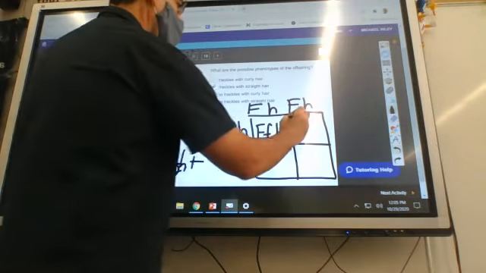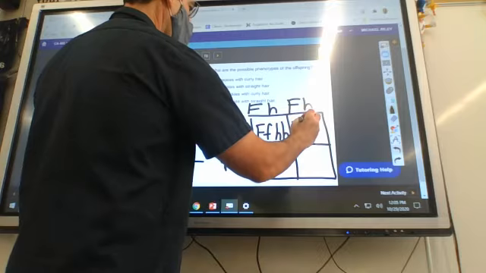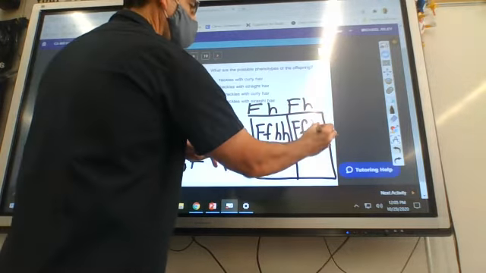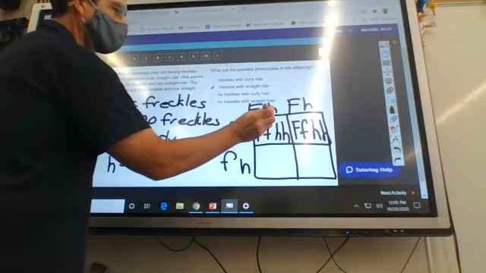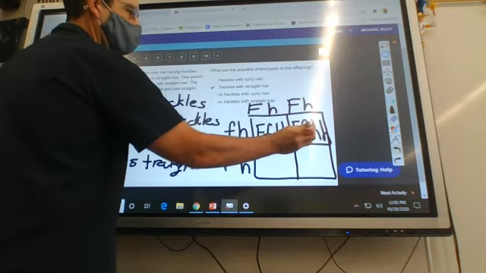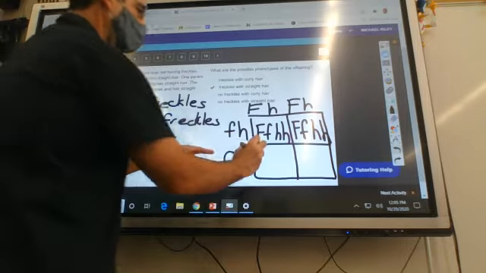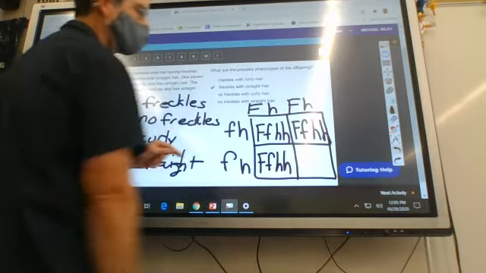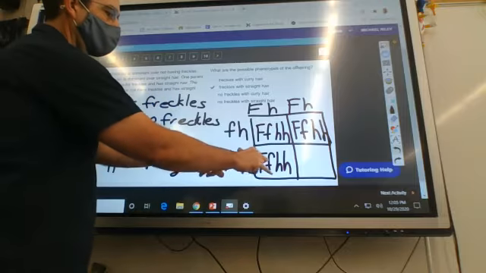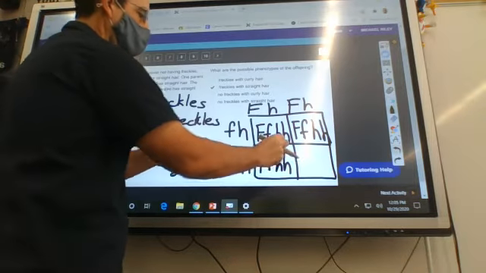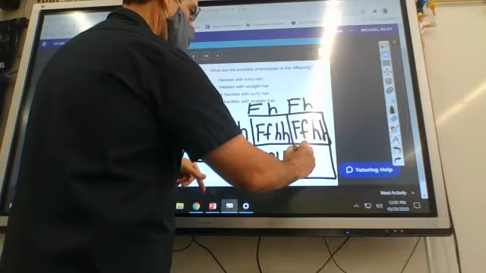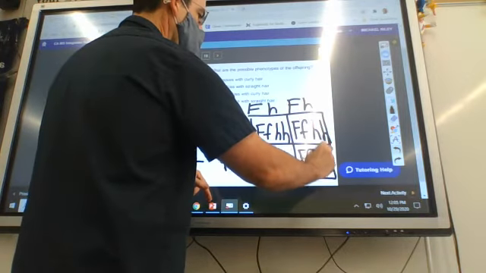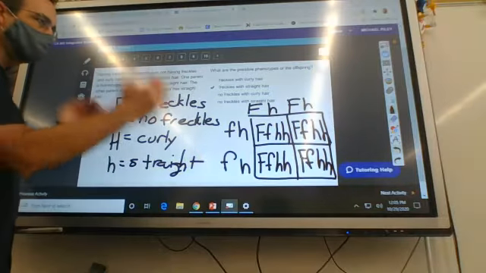Okay, and then F, right? These 2, and then HH. So this would be freckles, straight hair. Freckles, straight hair. This is freckles, again, straight hair. All right, capital lowercase, lowercase, lowercase. And then F, same thing, HH. Okay, now that the Punnett square is done,